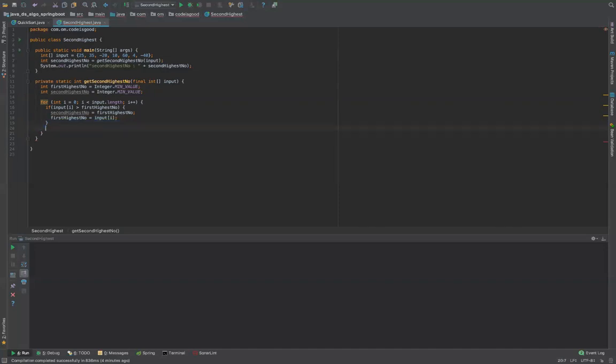So what will happen? Firstly, 25 will come over here and we'll check if it is greater than. Since it is greater, the firstHighest will contain 25, and the secondHighest, which is having the previous value of firstHighest, that is minus infinity, the min value of integer, will go to the secondHighest. Similarly, the second one will come, and so on until it finishes. We will eventually run this code and see whether we have got the second highest number or not.